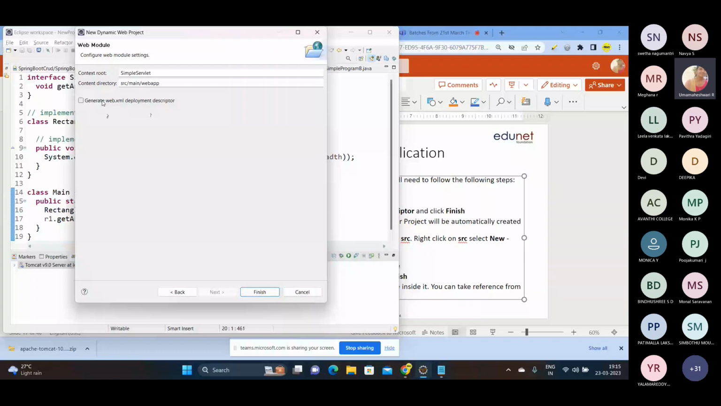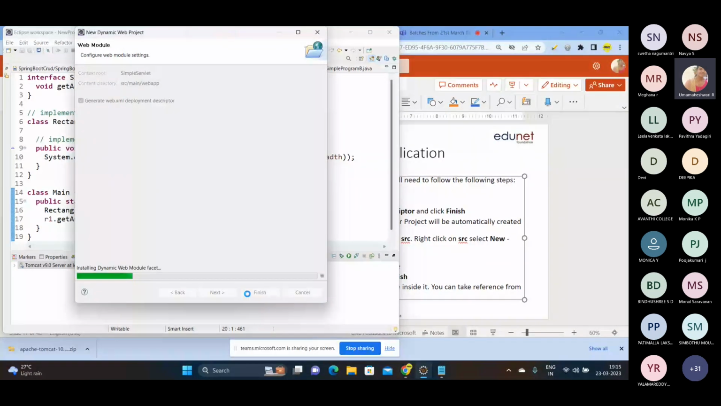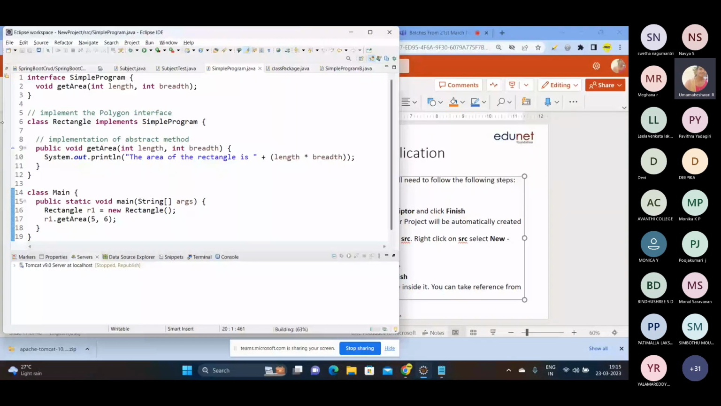Why? Because if you are trying to run some code, using this web.xml only, you will be directing the routes. If I have different files, I should mention what particular file I'm going to that is route to. For that purpose, we need this web.xml. Once I give this, it is running. So here, if you go and check,